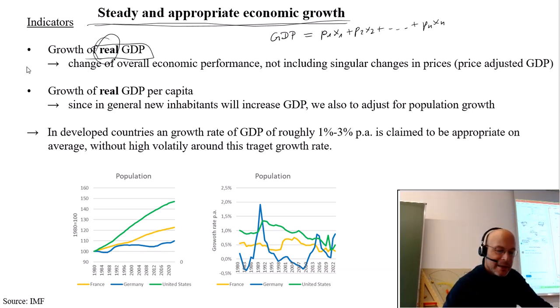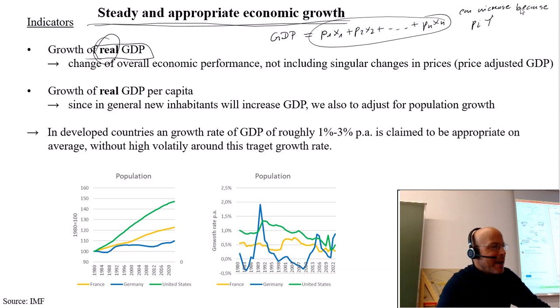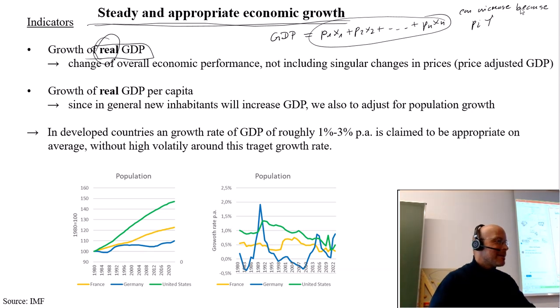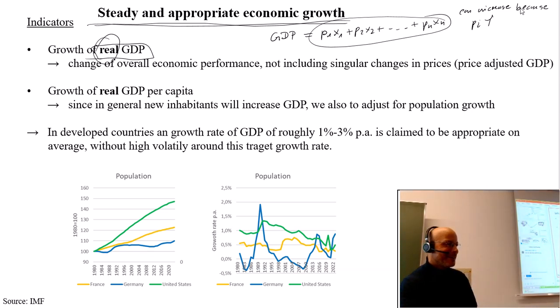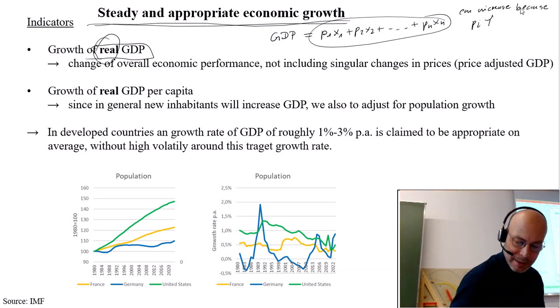And then of course this number can increase because the prices are increasing, but we are consuming still the same quantities. We are buying the same number of cars. We are going on holidays as often as before. Only maybe the prices have doubled. Do we feel better then? Of course not. We are still consuming the same. And therefore, we want to get rid of